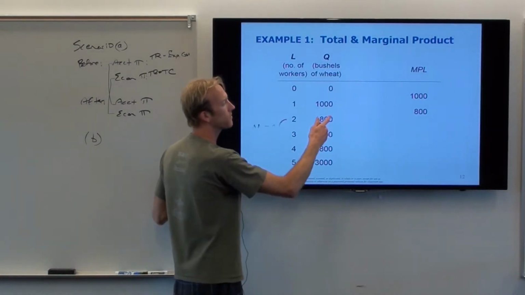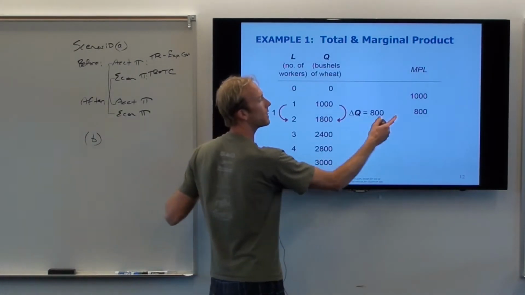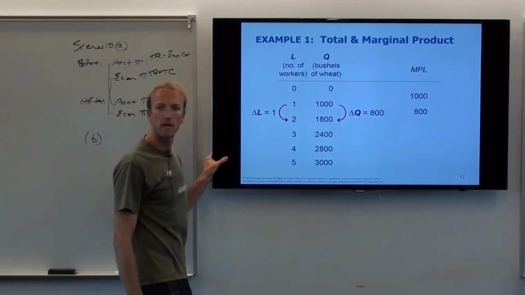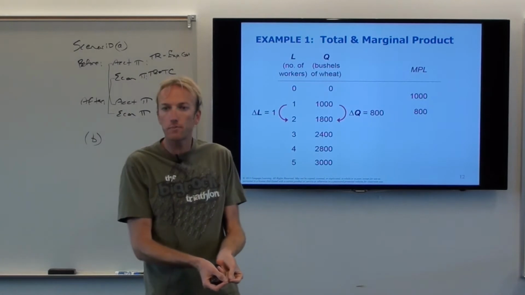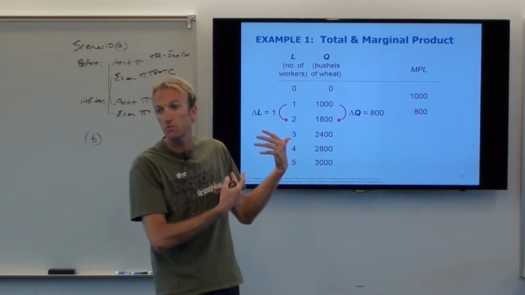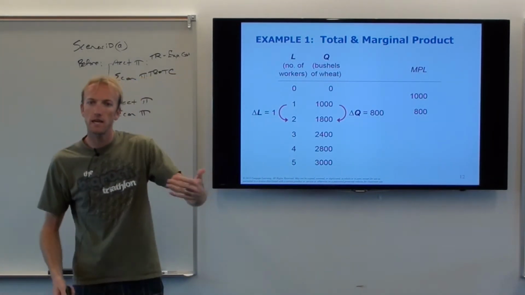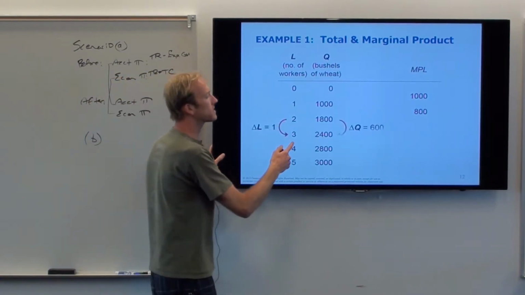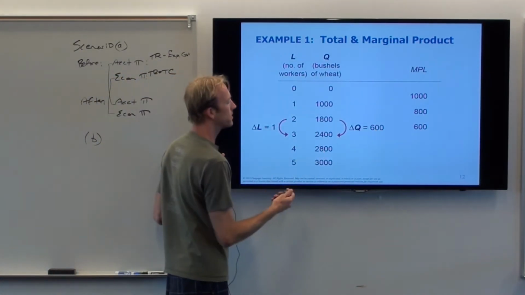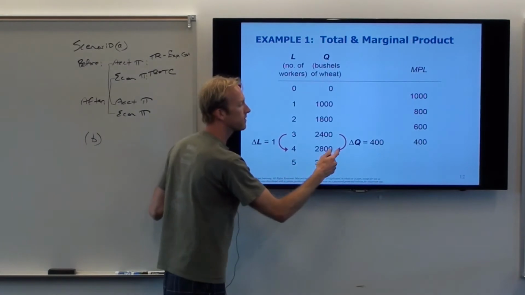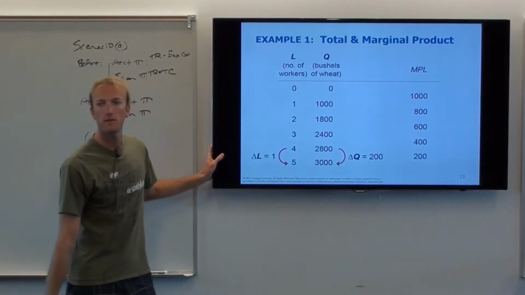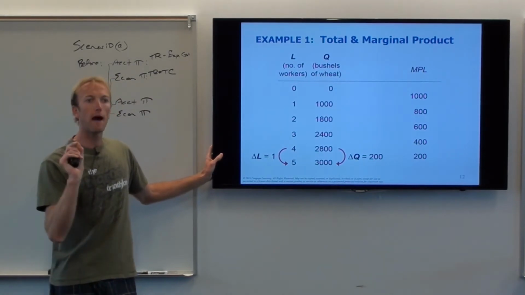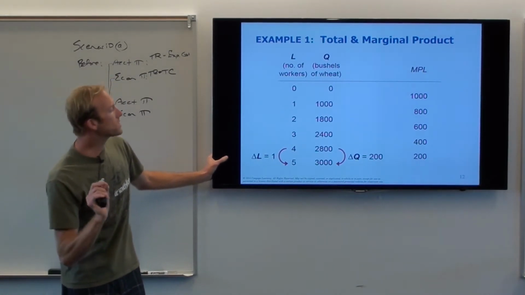800, right? So his marginal product is 800. Meaning when I hire another guy, he brings me an additional 800 products, in this case wheat. Okay, this guy, what's his marginal product? 600. What's this guy's marginal product? 400. What's this guy's marginal product? 200. Okay? So if I were to ask you a question on a test, I would say, what's the marginal product